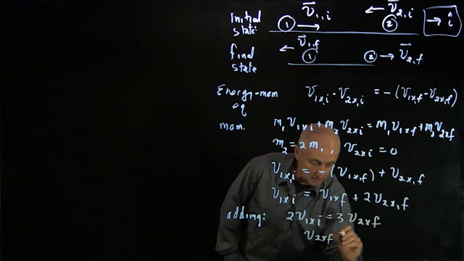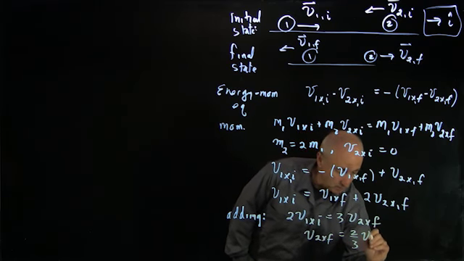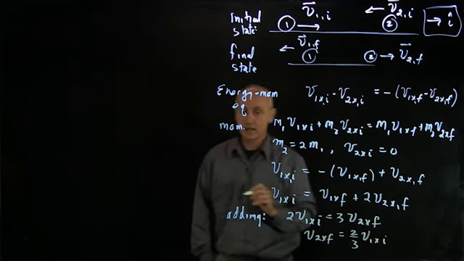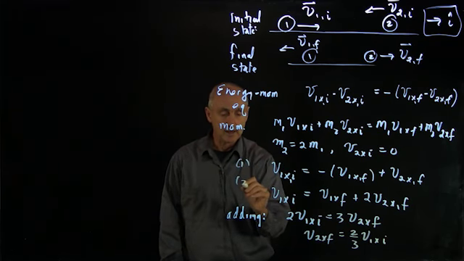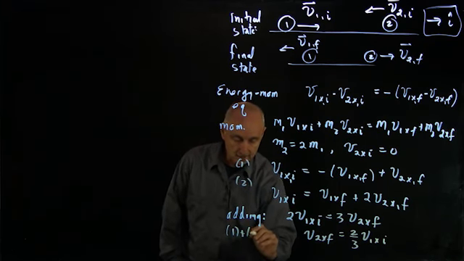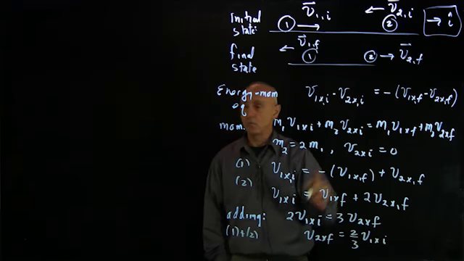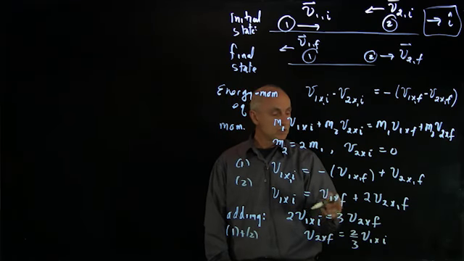Or v2x final is 2/3 v1x initial. And let's just call these equations 1 and 2. So we added. And now to find v1x final,